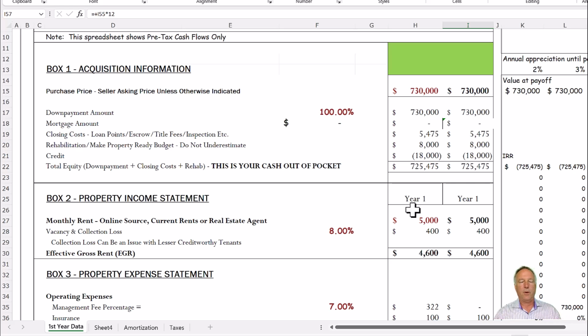he brought to my attention that if we knock down the front unit, which we're going to have to do once we saw it, due to some problem with some trees and the roof, we could actually build 8 units, 3 of them being low income, and that changes the rent a little bit. He's also under the belief that you can get $2,500 a month for the low income based on what other people are getting. So if we were to look at 8 units at $2,500, then our rent here goes up to $20,000 a month. Now, I'm not sure we can get $2,500 for the low income,